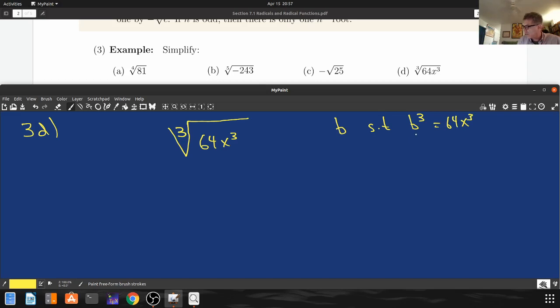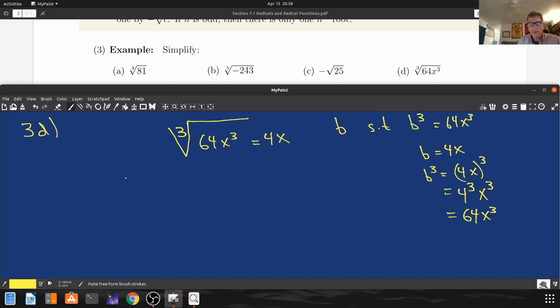So we just found out that if b is equal to 4x, well, we found it out about 4, then b cubed is equal to 4x cubed, which is equal to, see how our exponent rules are coming into play here, 4 cubed times x cubed, and 4 cubed is what we did find out earlier, so that's 64x cubed. So the answer is